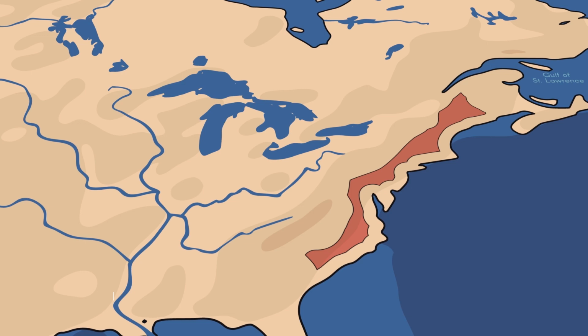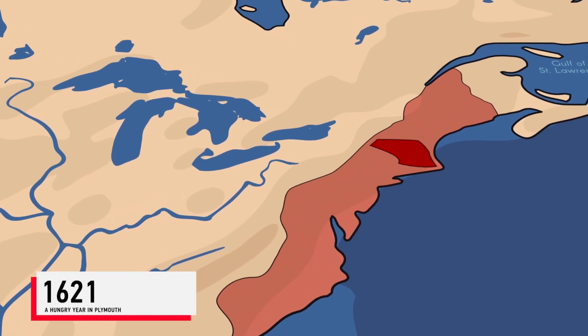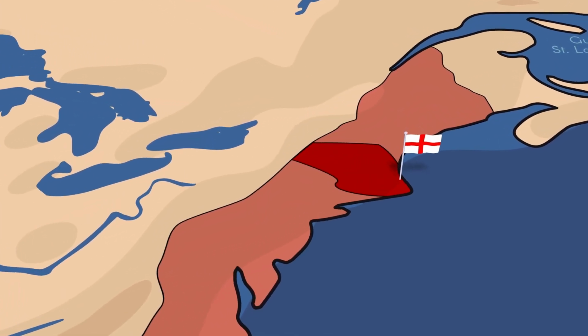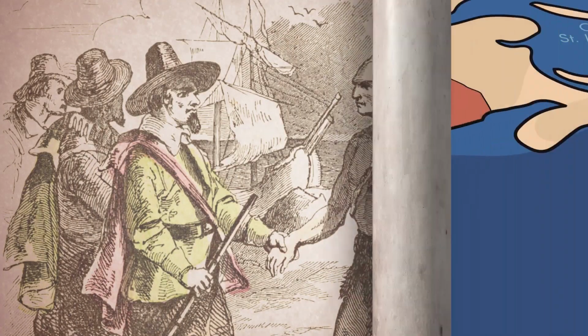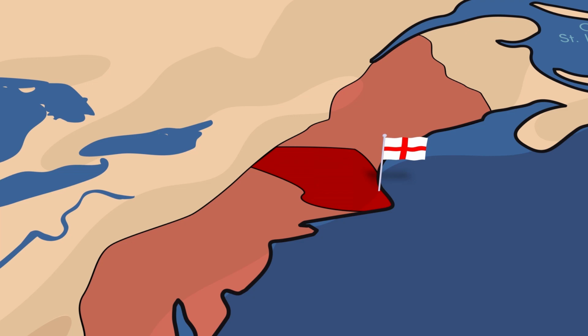In 1621, the local Wampanoag tribe helped the Plymouth colonists survive a hungry year. This event marked the beginning of the Thanksgiving celebration. Sometimes, marriages were formed between Indians and white settlers. This happened to the legendary Indian Pocahontas, who had first helped the colonists of Virginia and then converted to Christianity